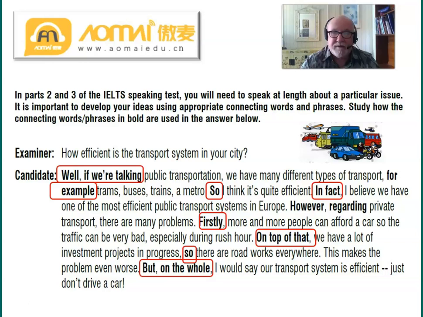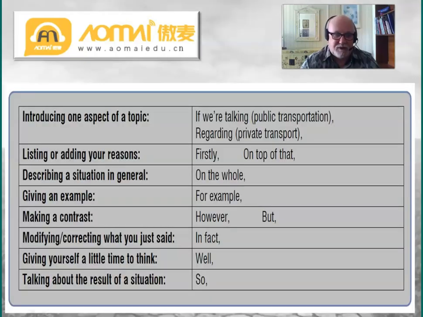So which one is flowing better and gives more information? I think the one using the connectors. And we have to learn how to do them. So let's have a look at some of these and how they work for us. We might be introducing one aspect of the topic, in this case the one about the public transport. So, to introduce the topic, we might say, if we're talking about such and such a thing, and then we might say, regarding the next matter,